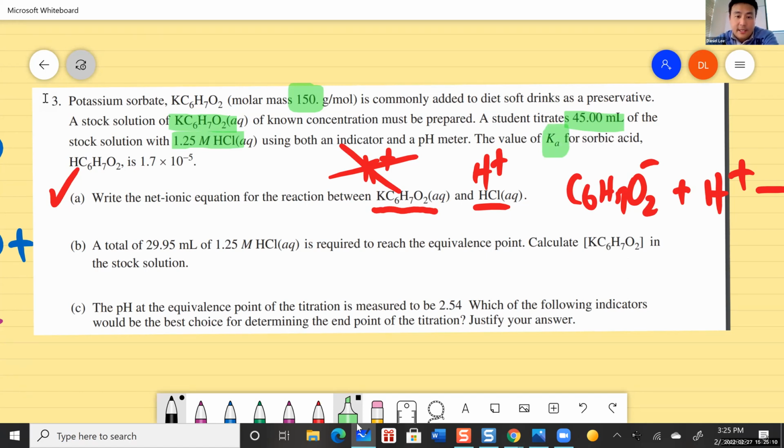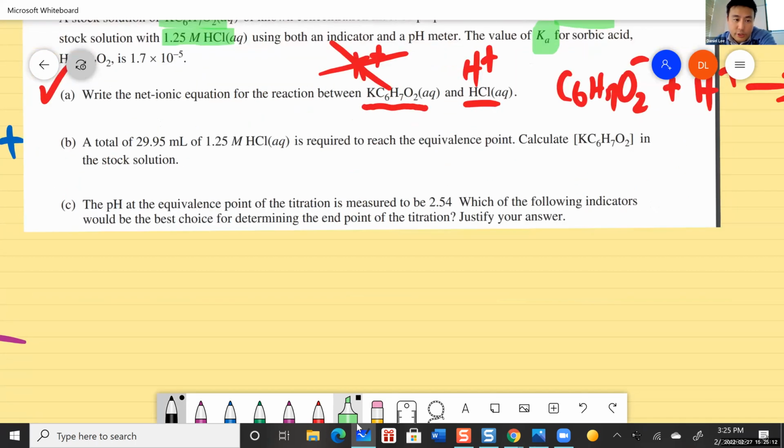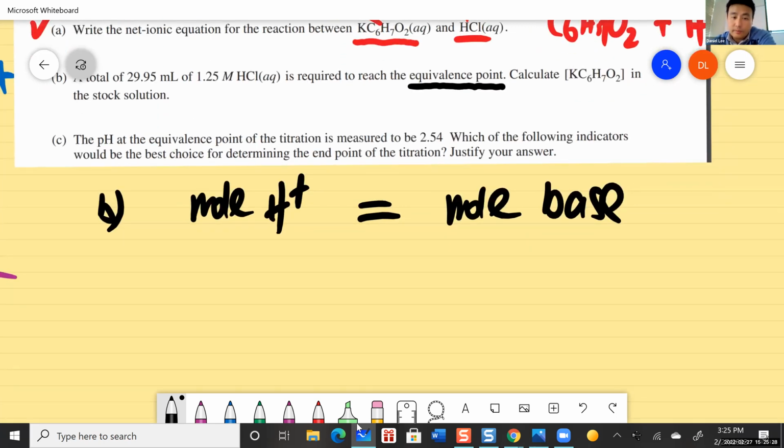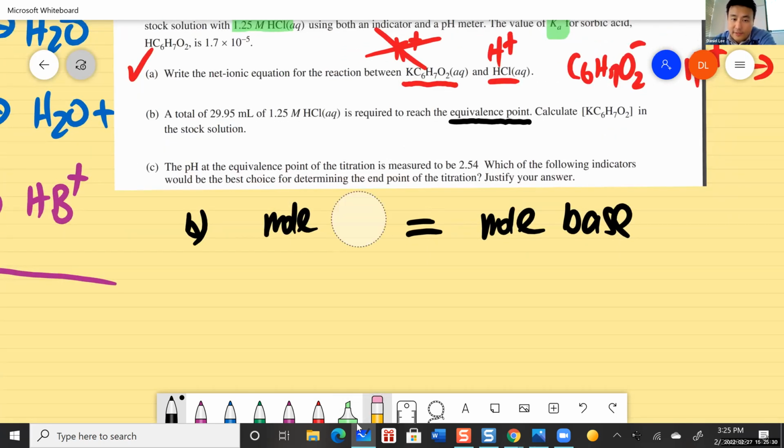All right, that's it. So part B. A total of that much is required to reach the equivalence point. Every time you have an equivalence point, you have to write down that moles of the acid must equal moles of the base. That's the definition of equivalence. The other way to think about it is